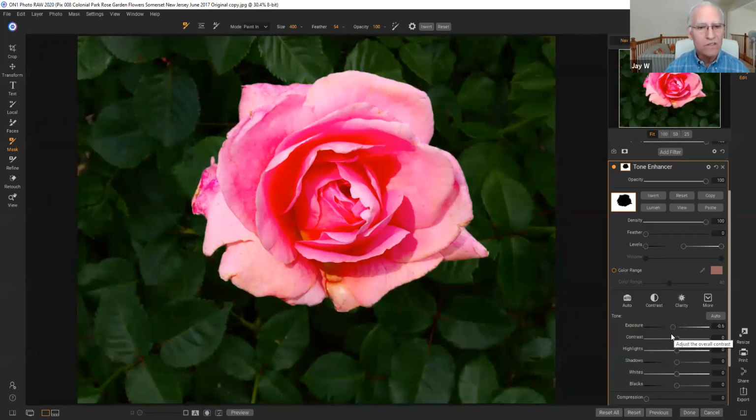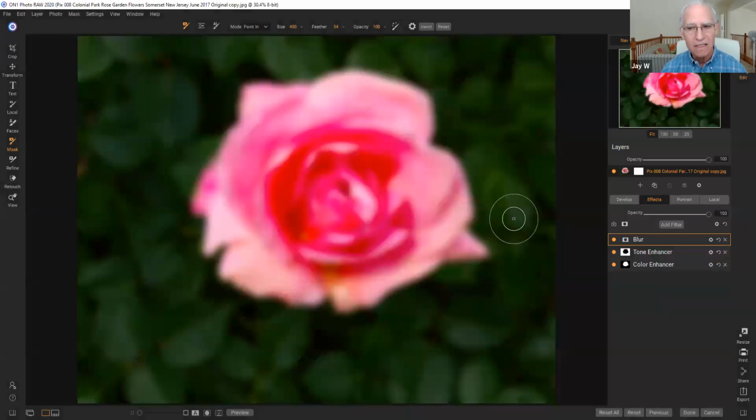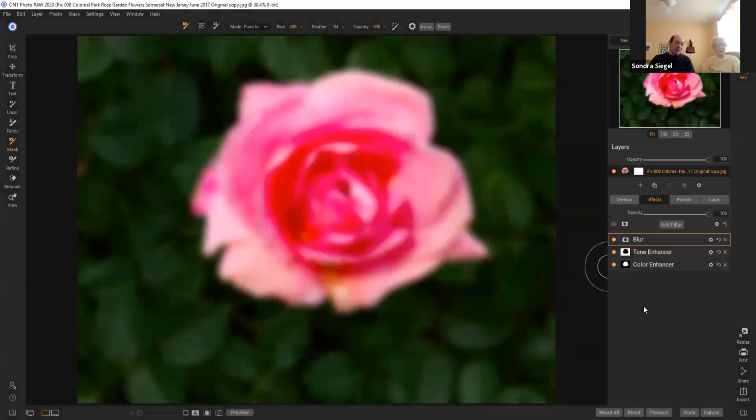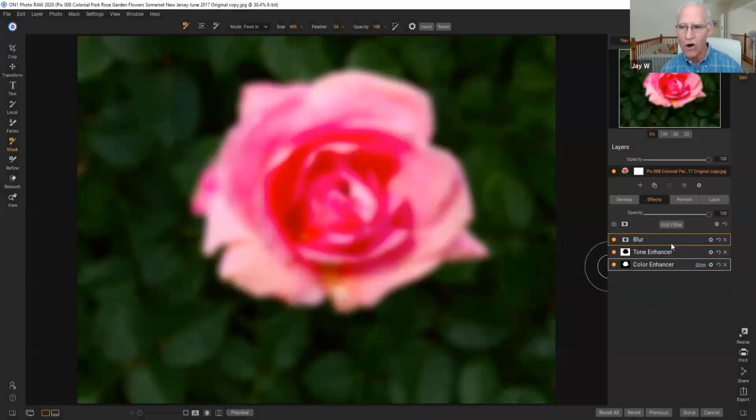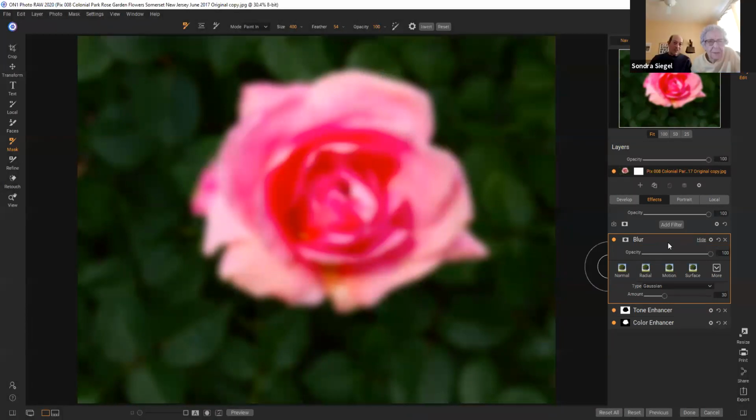What if I want to add another effect just to the leaves? Well, I'm happy with this mask, so I will click on copy. Let's say I want to make the leaves a little blurrier. I will click on add filter. I click on blur. Now again, the blur is on everything. Well, I don't want the blur on everything. I only want the blur